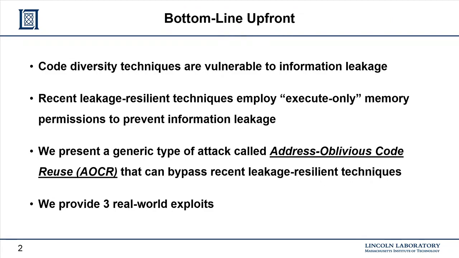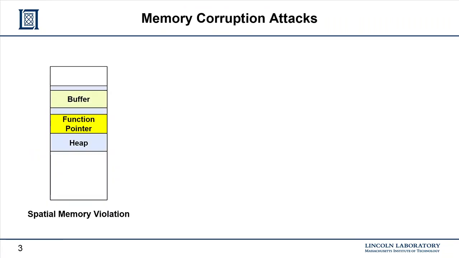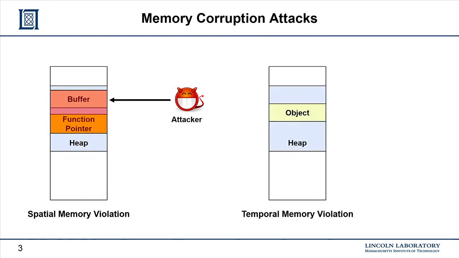Before we describe the technique, let's look at the type of attacks that are the focus of this work. These are memory corruption attacks. Many of you are familiar with them. There are 2 different types of memory violation. There are spatial memory violations, in which an attacker writes past the bounds of an object and overflows into adjacent areas. A typical example is a buffer overflow attack, in which the attacker overflows a buffer and overwrites function pointers, for example. And the second type is a temporal memory violation, in which an attacker uses dangling pointers,